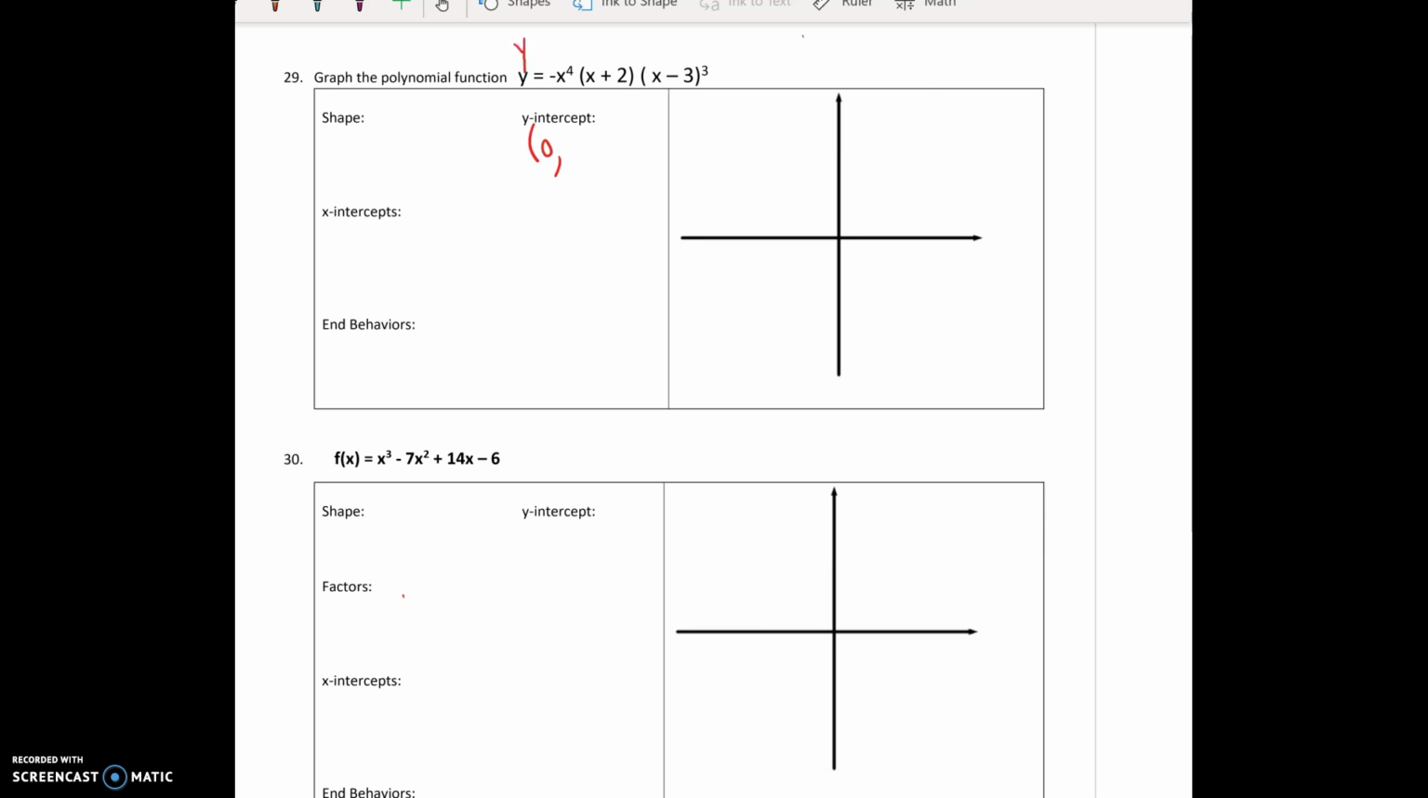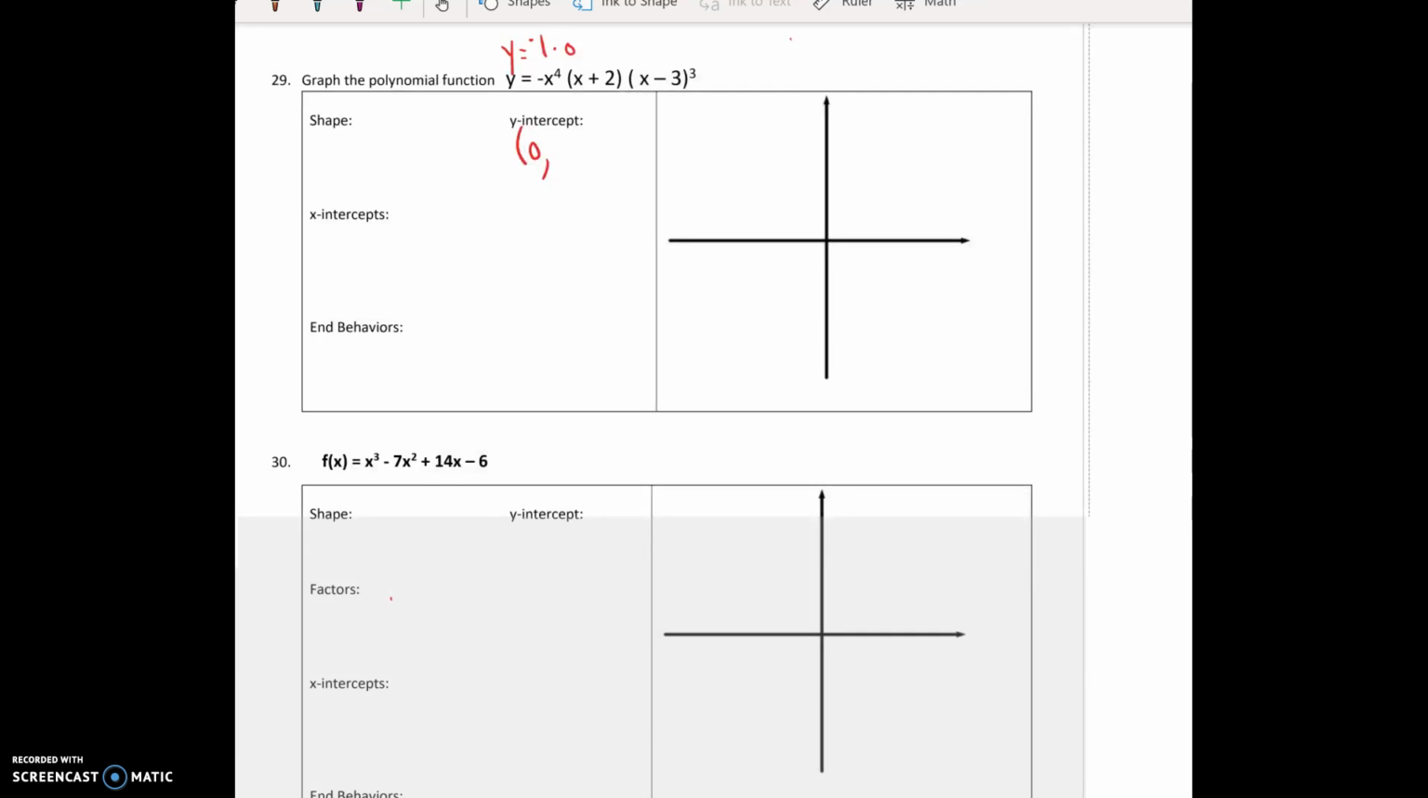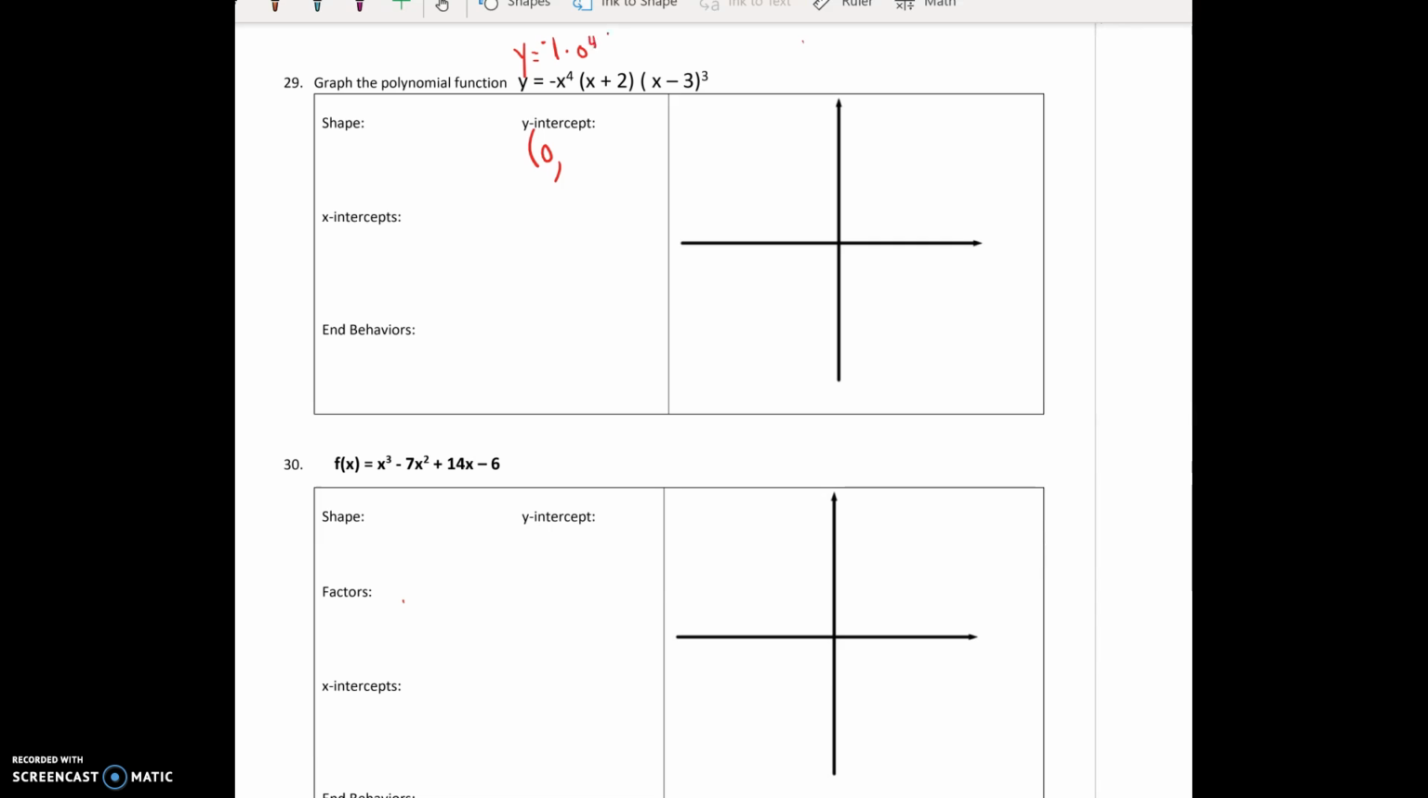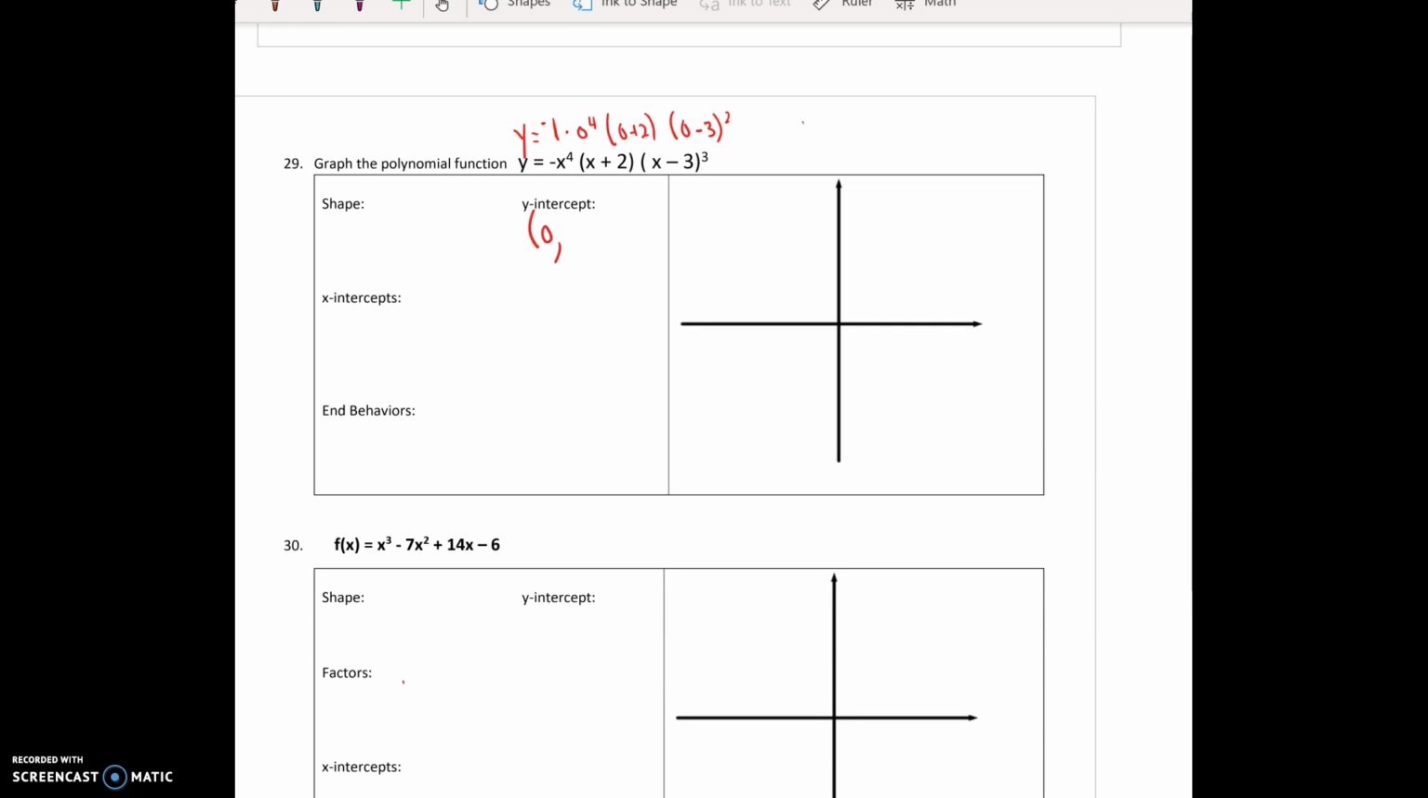So just rewriting it right above, it's going to be y equals, that x is not negative, it's actually -1. And then it's going to be 0 to the fourth power, and then in parentheses 0 plus 2, and then in parentheses 0 minus 3. So if I just keep walking through that, just moving up,